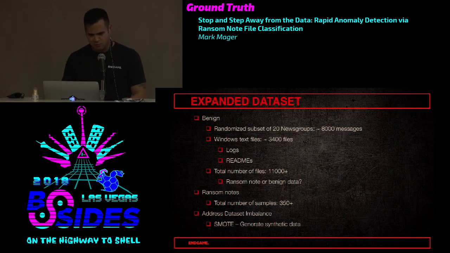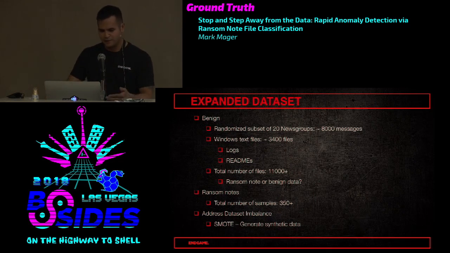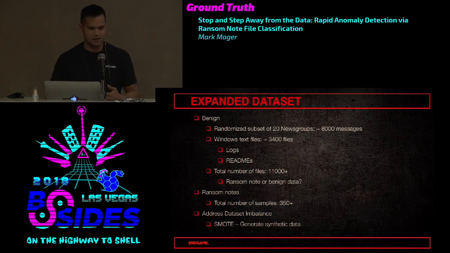And yeah, that's kind of what we build off of. With the ransom notes, we essentially doubled the size of our sample set. I was able to find a few more resources for pulling down ransom notes, so that helped build that up a little bit. And despite doubling the size of the set of ransom notes, that still leaves us very outnumbered quite a bit by the benign data. And so for the POC framework, what we wanted to do was try to address the data set imbalance. And so we're going to use SMOTE to generate our own synthetic data to try to make up for that.